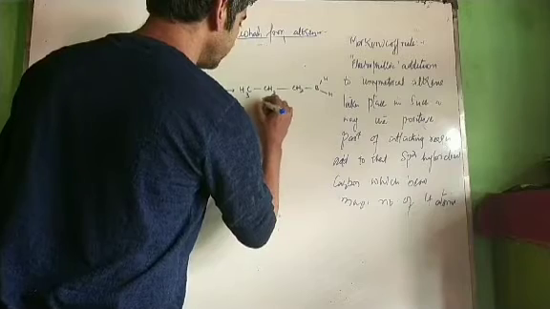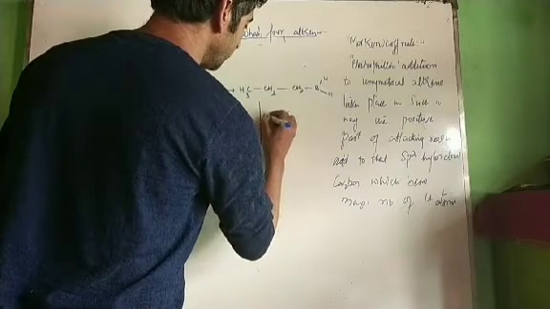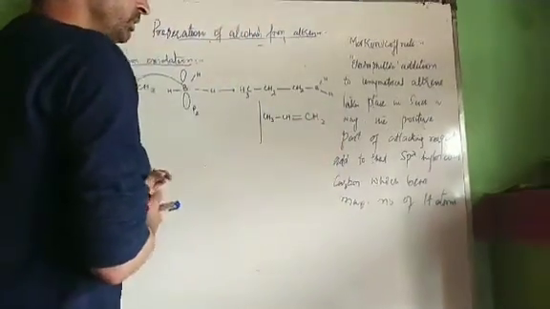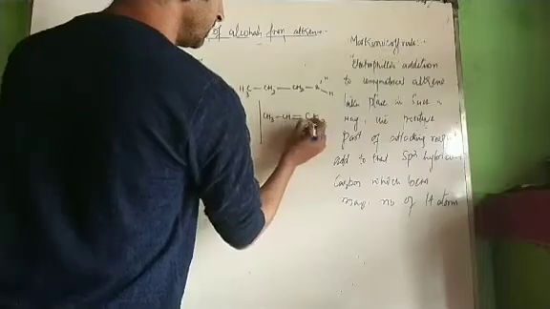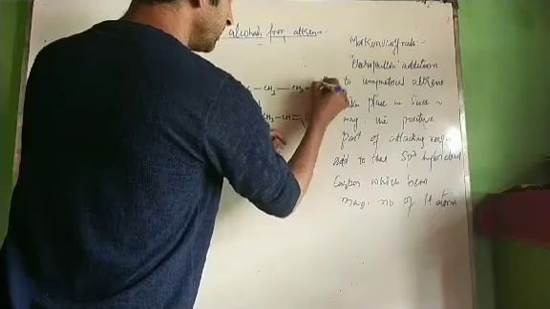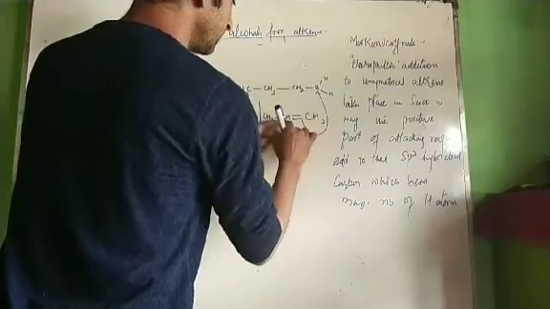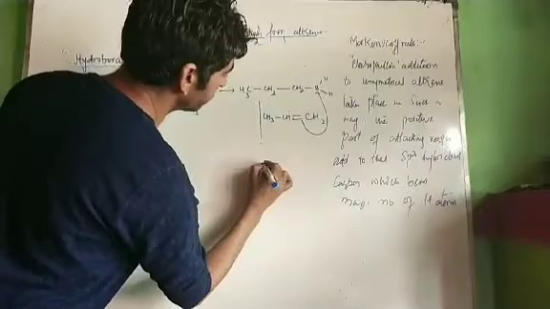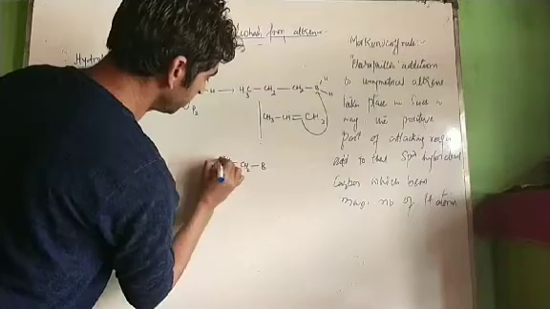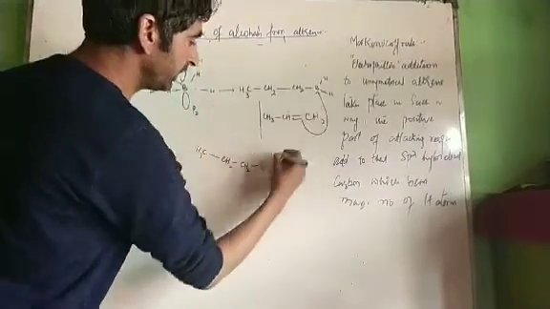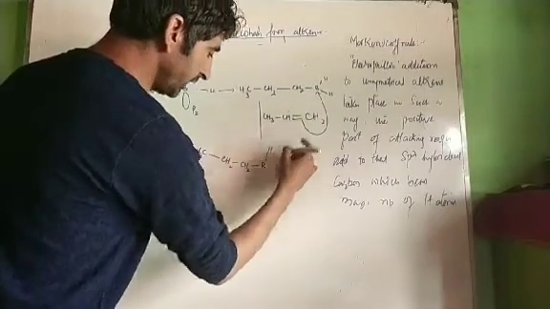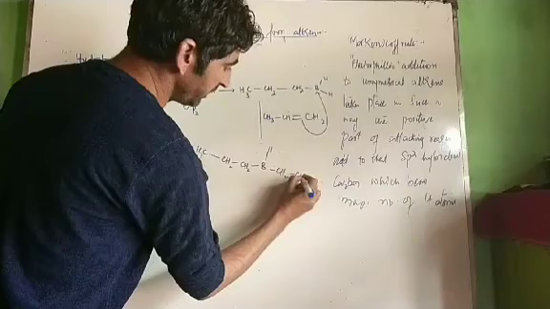We can react it with one more molecule of alkene, CH3, CH double bond CH2. Now see what happens. Boron is electron deficient. The electrophilic part adds to this carbon atom. Therefore the bond breaks like this, and this hydrogen attacks over here. We get, this is our boron. To this boron we have an alkyl group attached, CH2, CH2, CH3, and one hydrogen on this boron atom. And we have one more alkyl group, CH2, CH2, CH3.